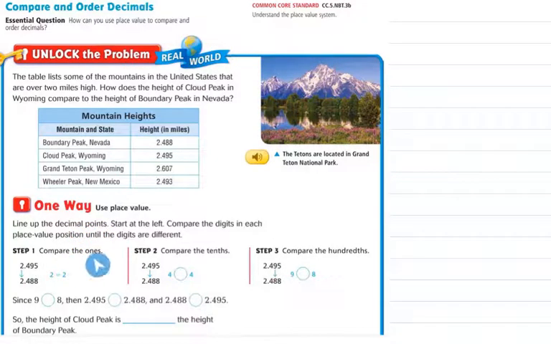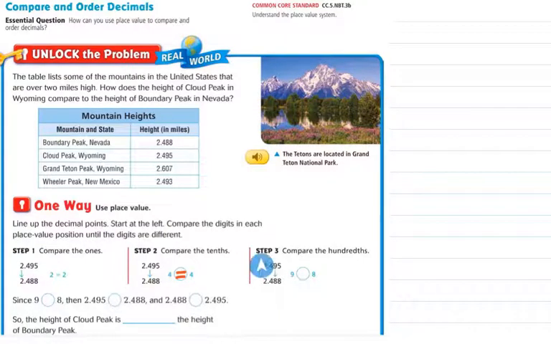So we're going to compare the ones. So when we see 2 is the same as 2, so that doesn't help us. We know that those two are equal. Now we're going to move to the right, and we're going to compare the tenths. So right after the decimal point, we see that there's a 4 and a 4. We know that 4 is equal to 4 as well, so that means that we need to move further to